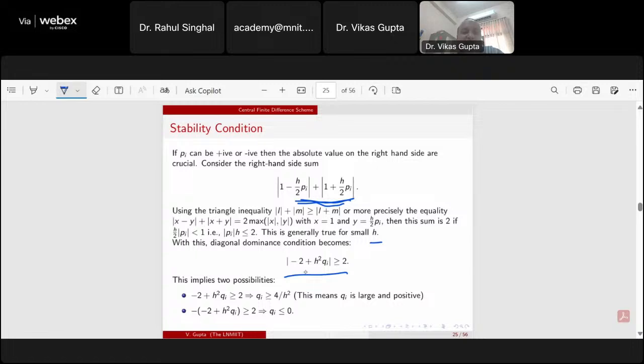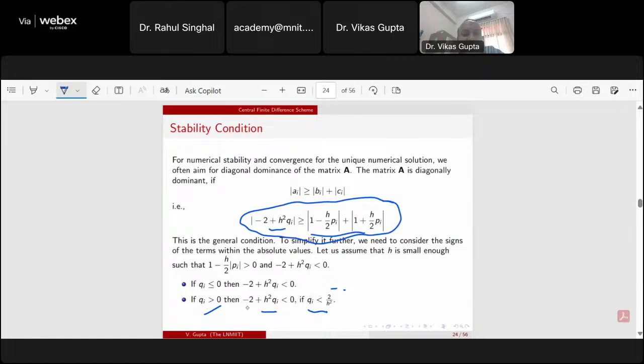So another possibility is that minus 2 plus h square qi is less than 0. So in that case, the absolute value of this will be minus 2 plus h square qi, and in that case the absolute value should be greater than or equal to 2. So while we are simplifying it, it implies that qi is less than or equal to 0. But here